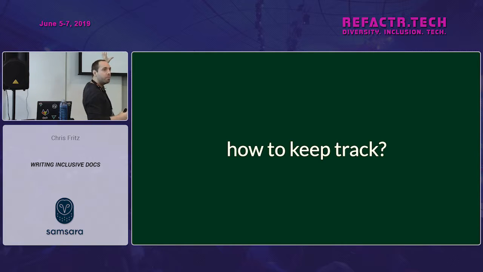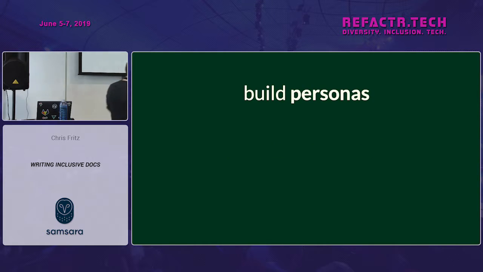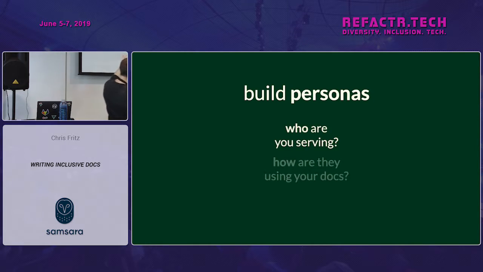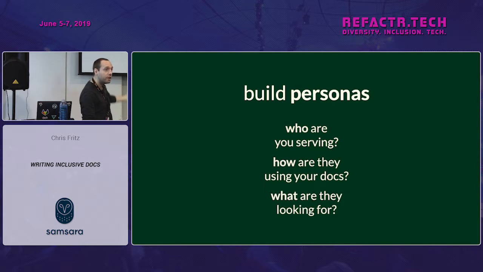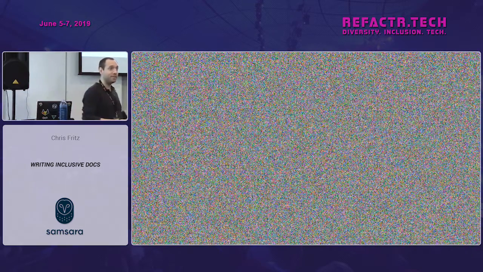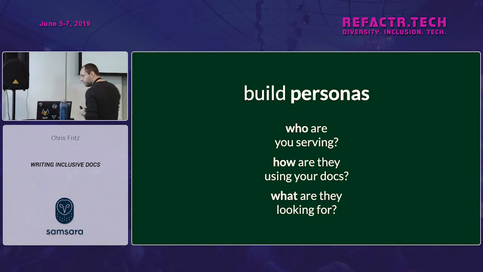How do you keep the people that you're serving in mind as you're building documentation, designing documentation and other educational resources, as you're communicating with your communities, if you're an open source framework? And I really like to build personas. I'm not an expert on personas. Really, most of what I learned is from people that I've worked with who do know a lot more. But I like to ask questions like, who are you serving? How are they using your docs? What are they looking for, in that moment of documentation? Are they trying to solve a bug, for example? Figure out what might be going wrong? Are they trying to learn about a feature that they read about in a blog post? Do they have 4 hours? Do they have 10 minutes before their next meeting? These are all considerations